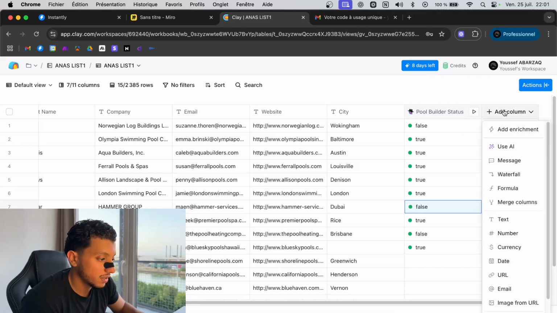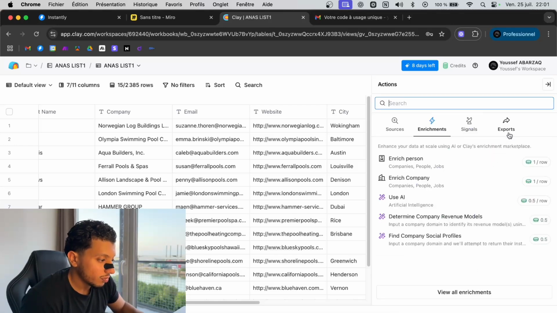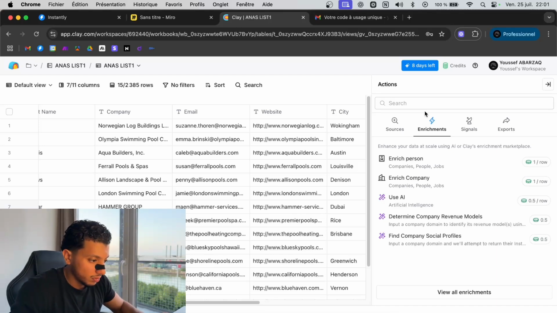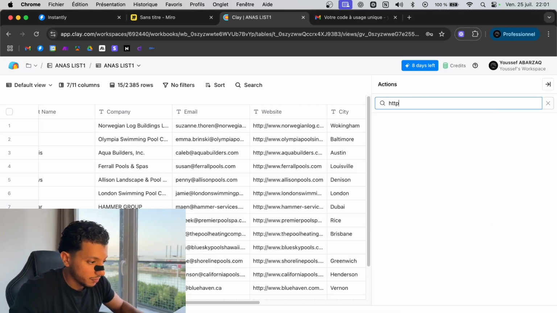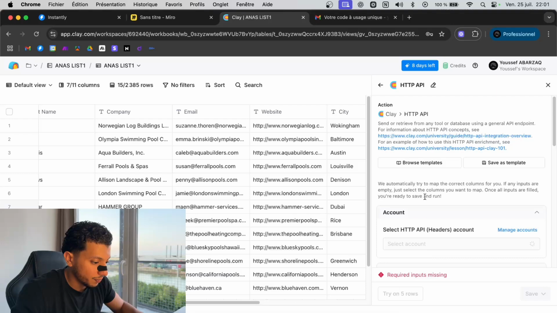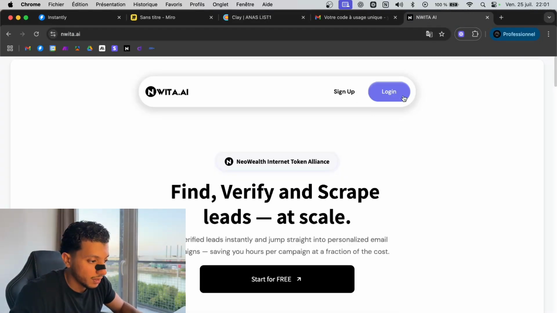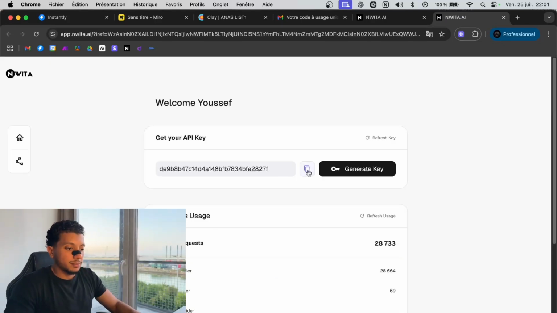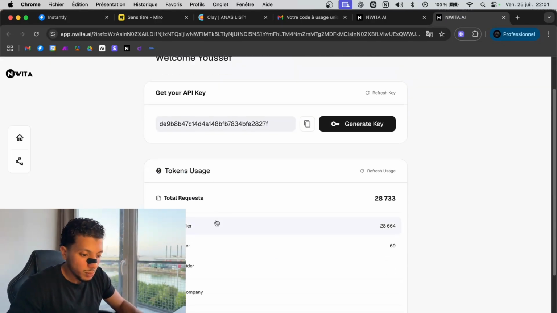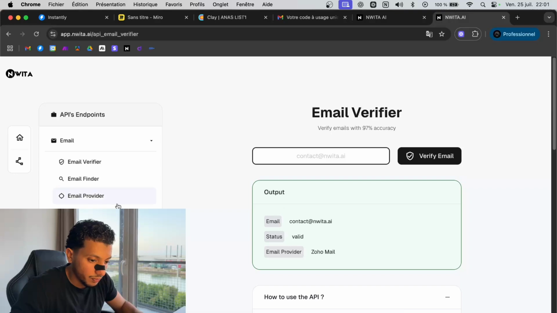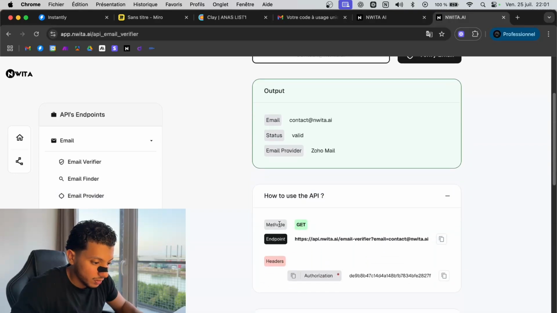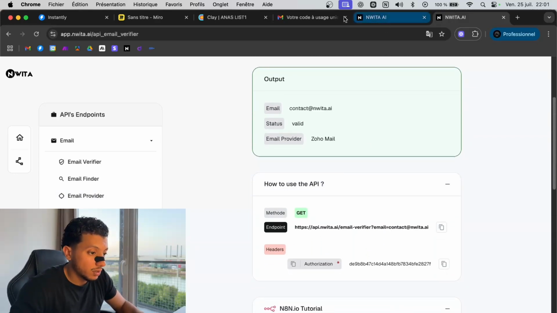Next step is email finder. So not email finder but email verifier. For the email verifier we have to find an HTTP API here, and then what I will use is a tool called Nueta, since I'm in the community. Here I'll go to email verifier. It shows you how to use it here. All you got to do is